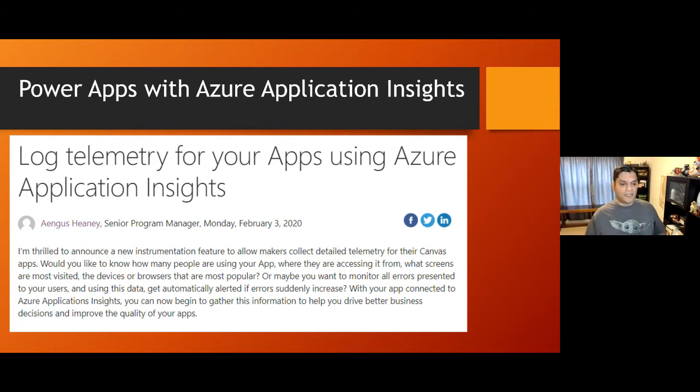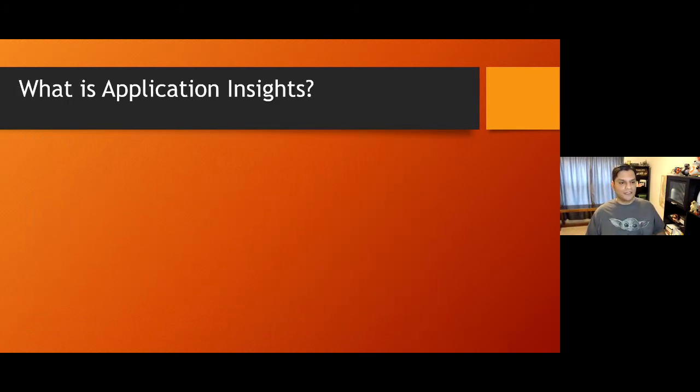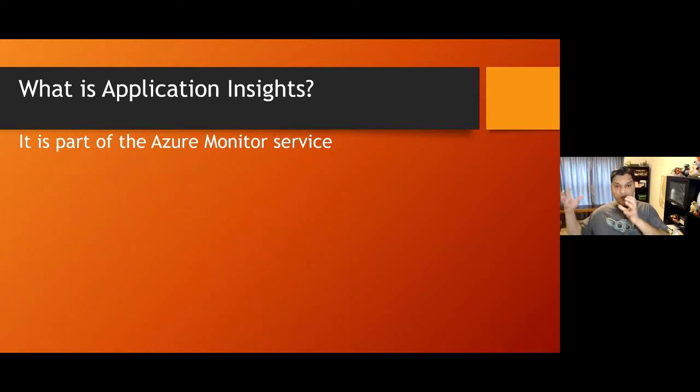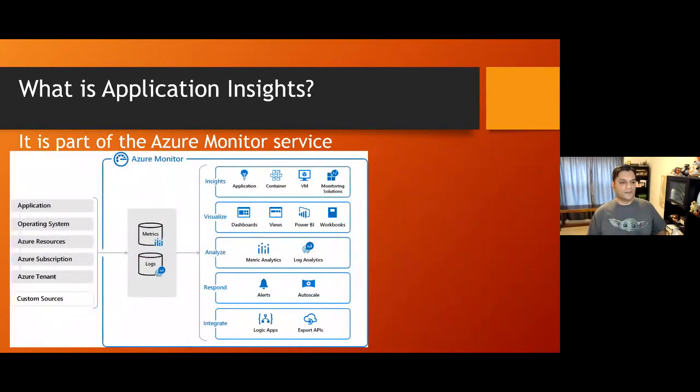It provides you some deep telemetry functionality directly tied into Azure Application Insights. So the question which will first come out is, this is great, but what exactly is Azure Application Insights? That's basically what I'm going to show you. Azure Application Insights is one subsection of this entire process called Azure Monitor Service. And in the Azure Monitor Service, this is basically just an overview of how it works.